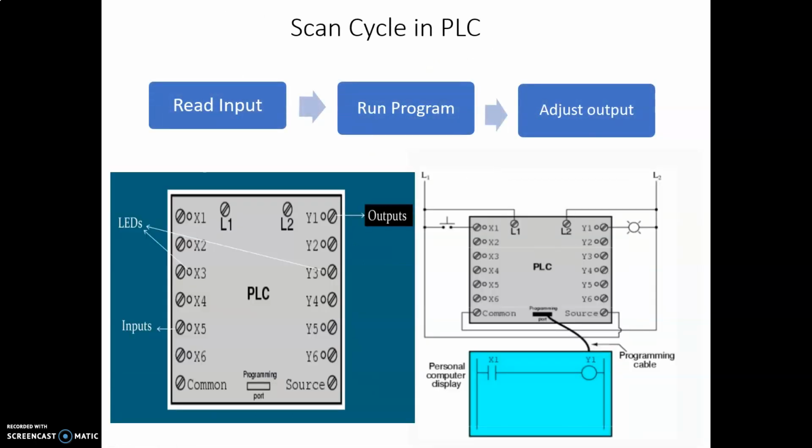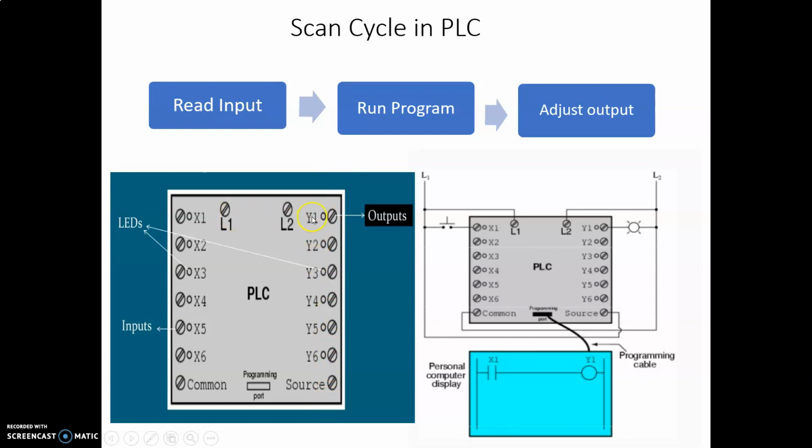Now we'll go into the next part. As we talked about, the input module, the programming and the output module occur, and all this process is called the scan cycle in PLC. The scan cycle runs the complete process in a sequential manner. To understand that, we have a top view of a PLC configuration here. On the left hand side these are the inputs, and on the right hand side these are the outputs.